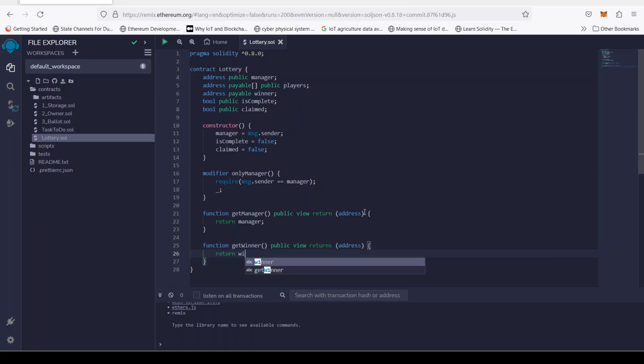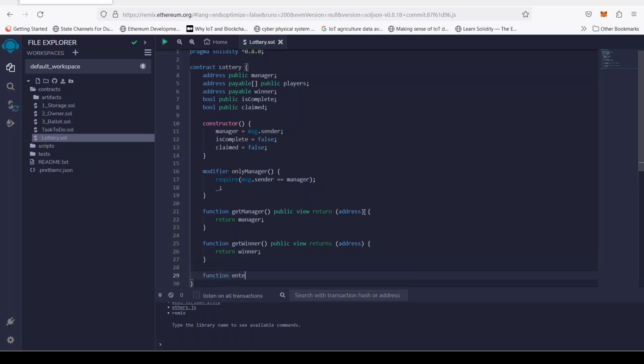And it's going to return winner. Then there is a function enter, public payable. This function is payable because when someone clicks this function, like the enter lottery button, obviously you are sending some ethers to the contract. So this payable function means that this function is going to get the message.value and add it to the contract